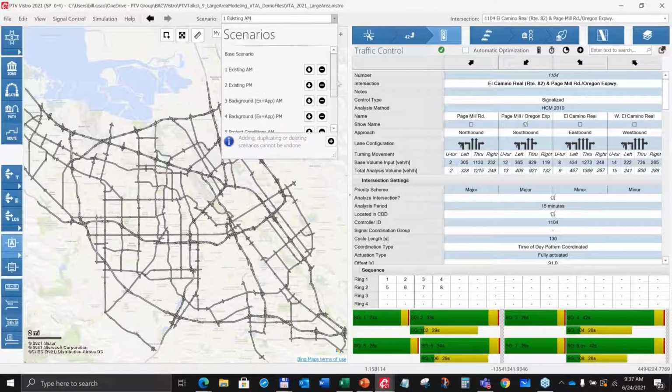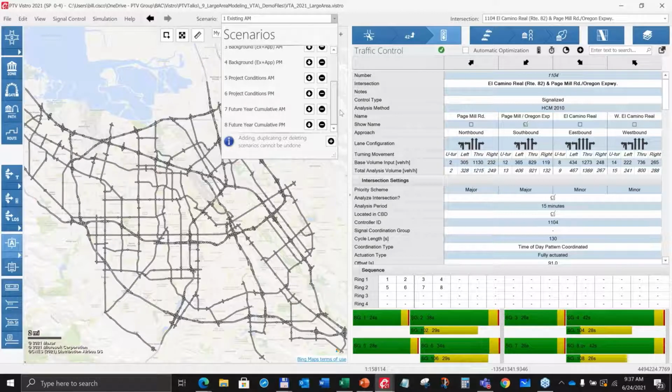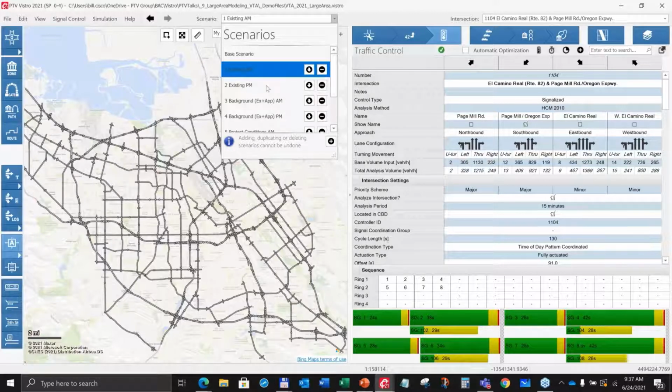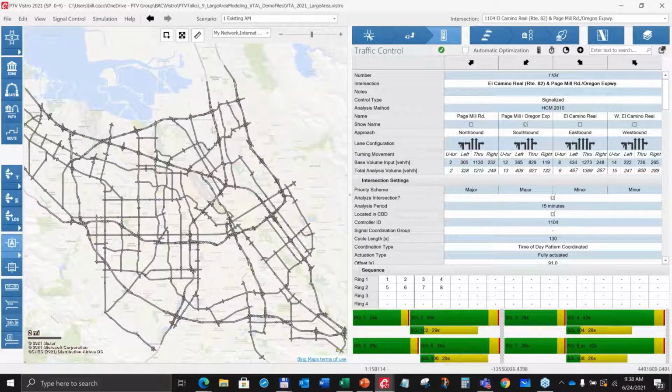And just in case you're new to Vistro or haven't seen this before, you can have all 8 of these scenarios in this single file and toggle between them. As you make updates to the base scenario, if there were any tweaks that needed to be done that weren't coded correctly originally, they'll ripple through into these future scenarios. And you can also change things within each of these individual scenarios. So if you have some specific roadway extensions or gap closures or things like that coming on board under a future scenario, maybe it's not an impact land use development project, but maybe it's a roadway project, and you need to study the effect of a new roadway connection, those can be handled on a scenario specific basis as well.